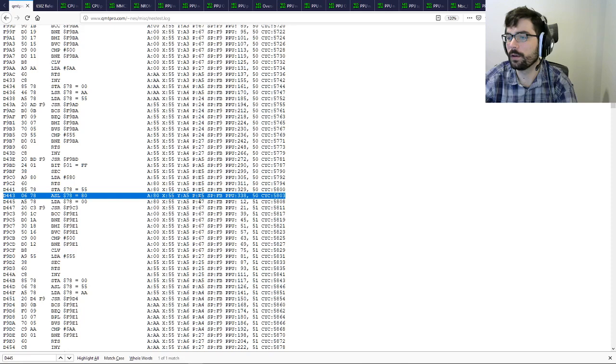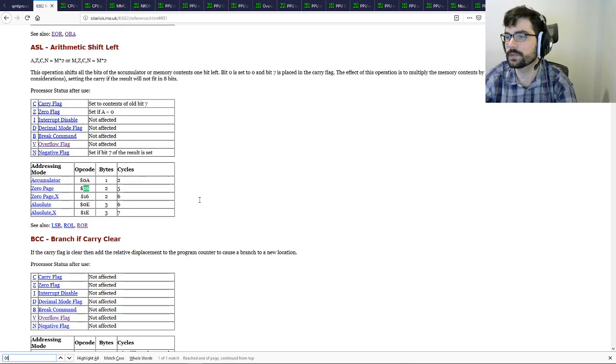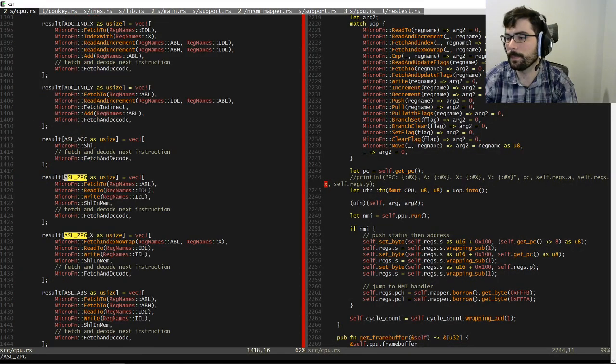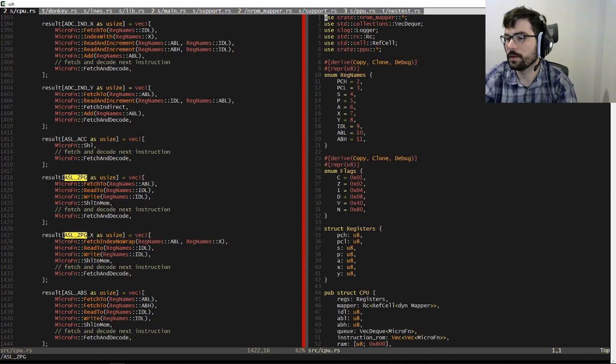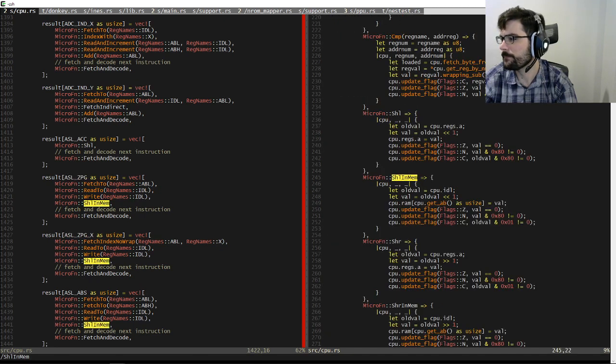ASL 06 0 page. So ASL ZPG. Fetch, read to, write, shift in mem. So is shift in mem the problem? I doubt it. Oh, would you look at that? It is.